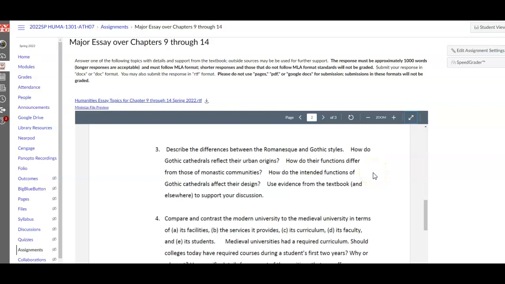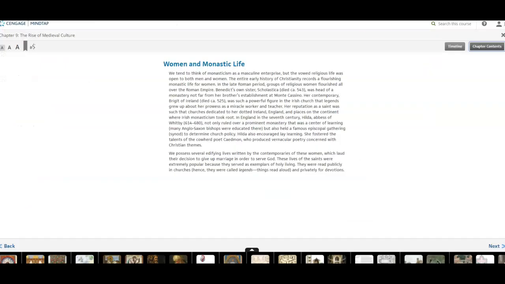And the Gothic cathedral is going to be built within a city, the urban origins. Now, we may not think of them as very large cities now, 10,000 people or so at the time, but monasteries, of course, were always built out in an isolated area. They would be outside of any community. So that when you go back and you look at the monasteries, for instance, in chapter 9,